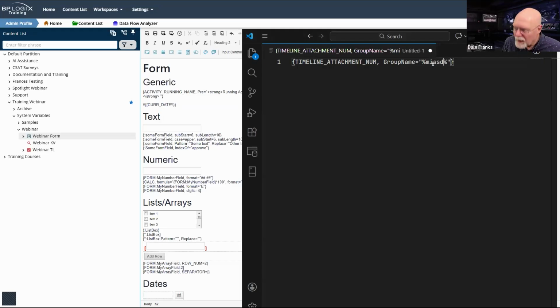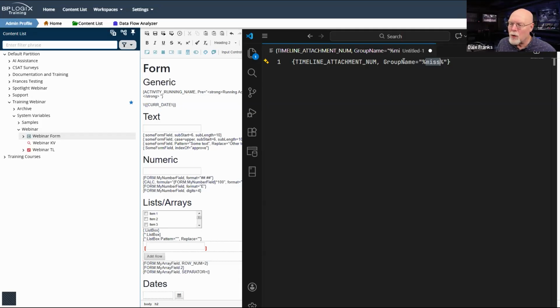So if I do that and use percent miss percent, what that is telling the system is, I want you to look for those 4 characters, and basically it's going to return true if it finds a group name that contains this set of characters.